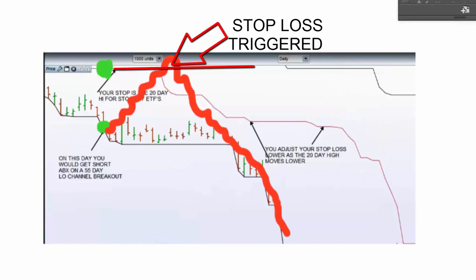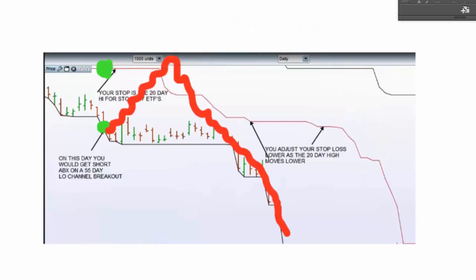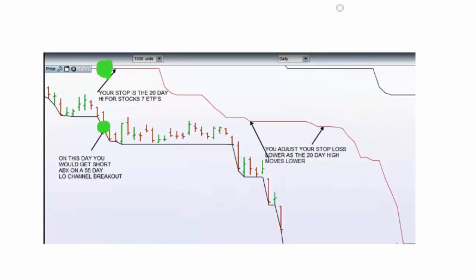So a quick way to overcome this is to buy a put option, for example, in this particular example. Now, at this stage, you don't know what a put option is yet, so I'm not going to spend a lot of time on it. But just for now, recognize that a put option allows you to sell these shares. And remember, in this particular trade, the trend was downward. So our entry trade here was to sell the shares. So it kind of mimics the same type of direction. We want to be short the share.